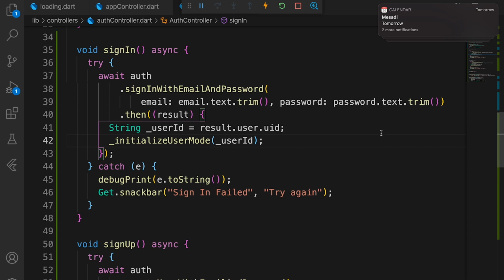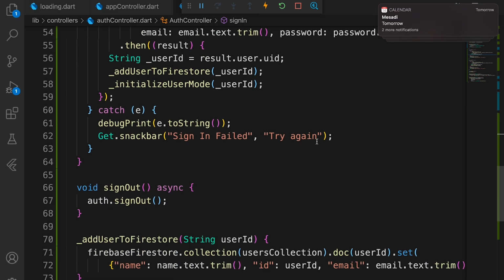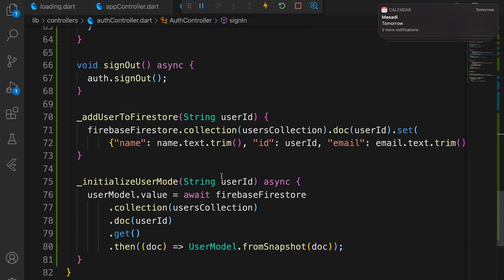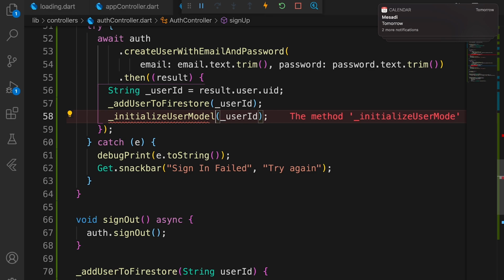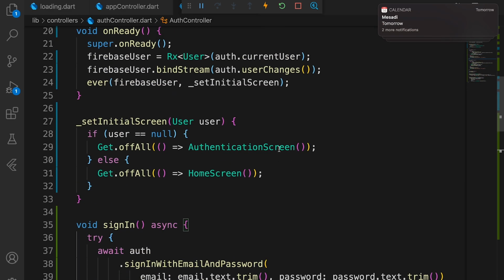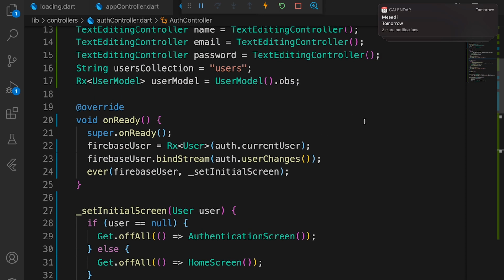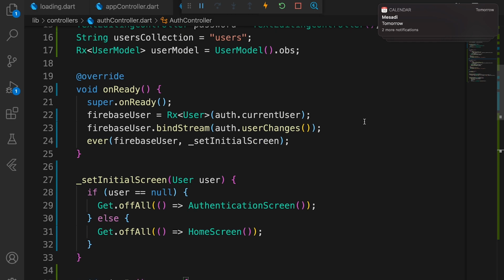So that's it. After the sign in with email and password is complete, we want to initialize our user model, and the same thing here for our sign up. Actually, this is model. Now we are almost done with this, but I want to show you guys yet another thing that is awesome